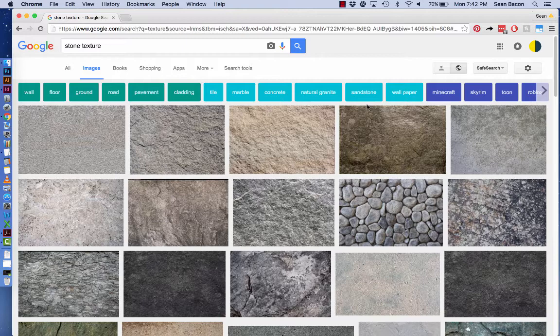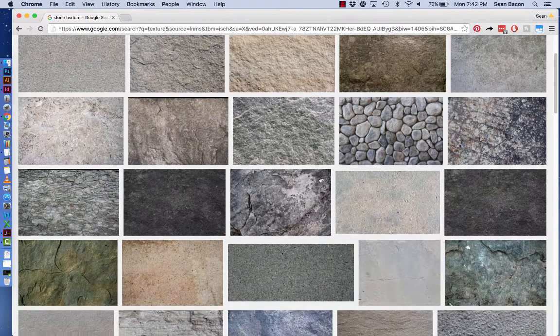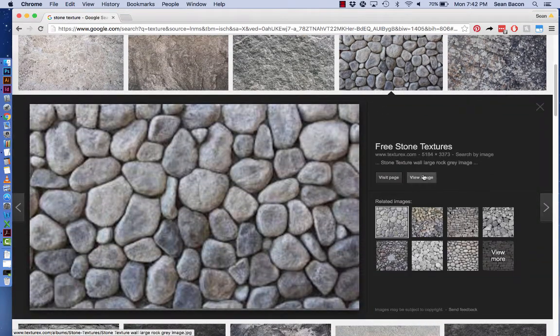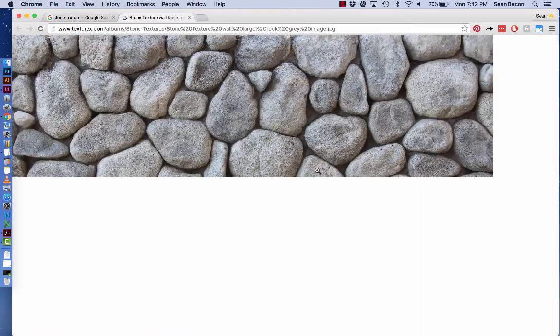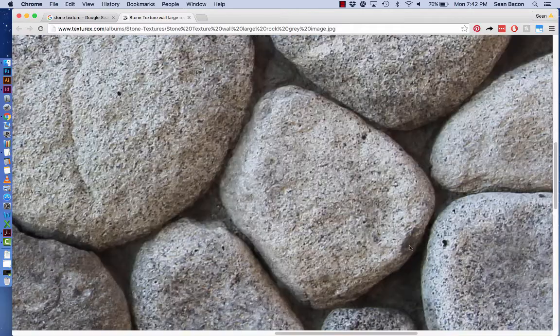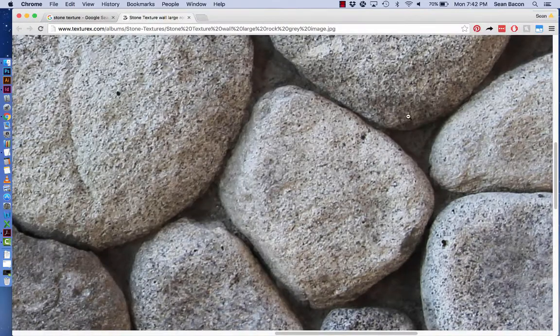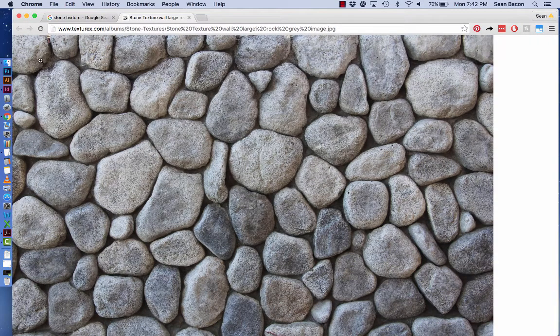one. So I want to find this stone texture. So I've searched for that in Google and I'm thinking this is kind of what I want to go with. So I'm going to go ahead and pull this image, save it to my desktop. So now that I have the 3 images ready to go, I'm going to go back to the template that